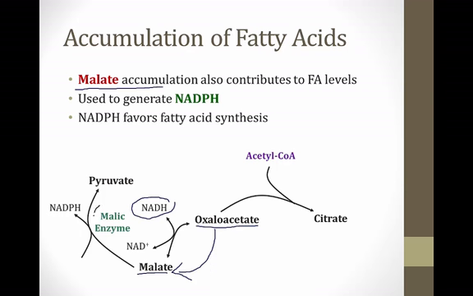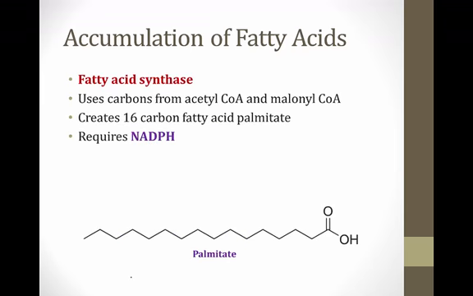There is an enzyme called the malic enzyme, which can convert malate into pyruvate, and in doing so, it generates NADPH. And NADPH is necessary for the synthesis of fatty acids, and when the levels of NADPH climb, you get more fatty acid synthesis. To explain this a little bit further, shown on the screen here is the structure of